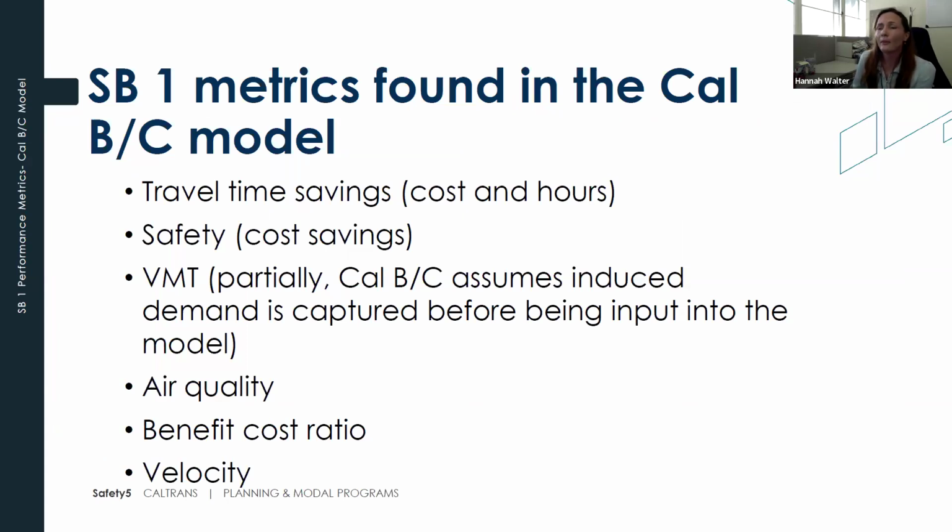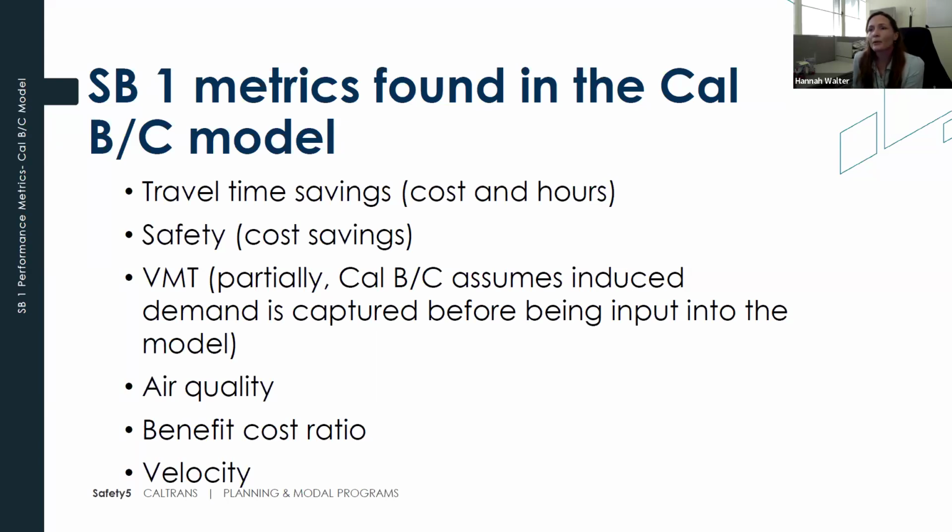So the CalBC model means the California Benefit Cost Model. It's required for federally funded projects to have a California Benefit Cost Ratio, which is ultimately what the CalBC model was designed to produce. But because it does a lot of calculations automatically, it can also be used to calculate some of the required SB1 performance metrics.